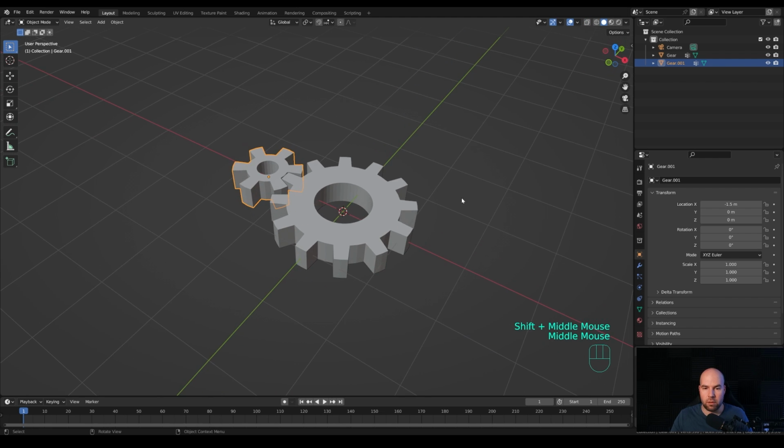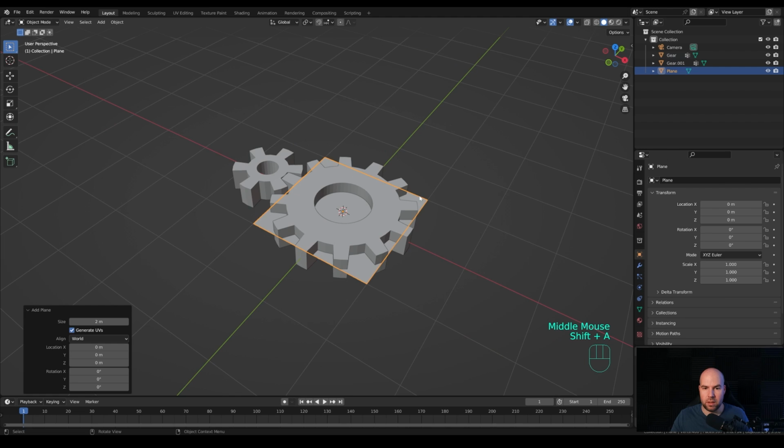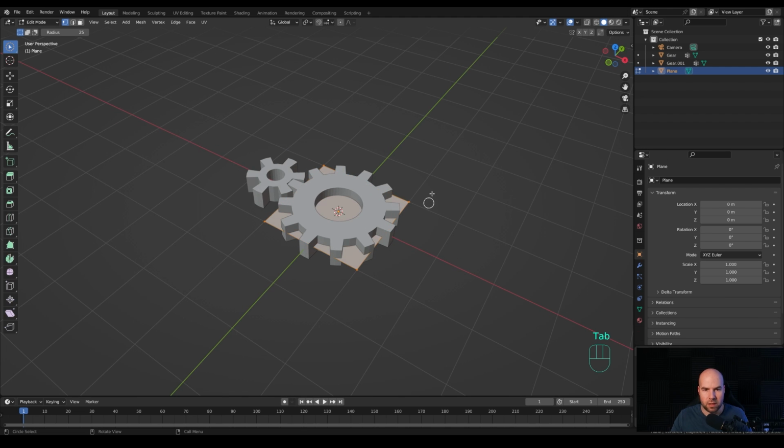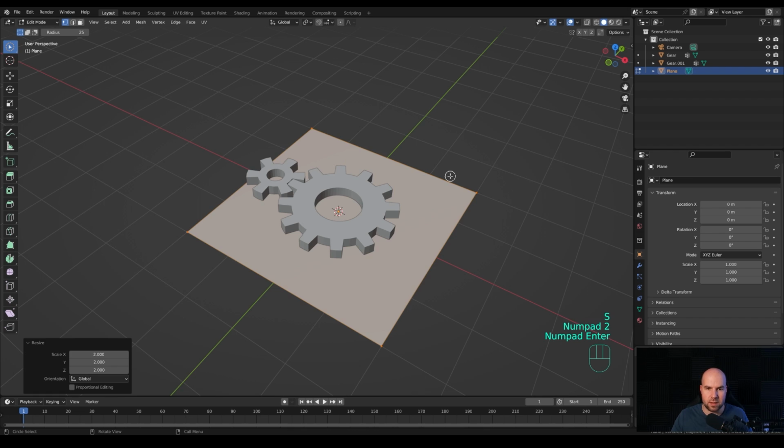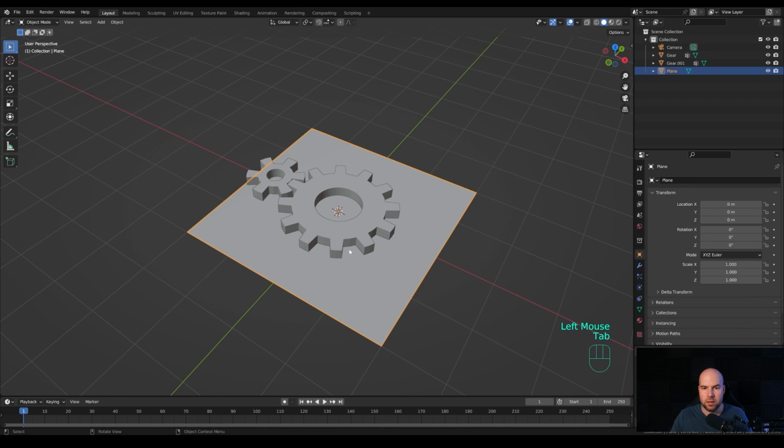And let's create some background. So let's press Shift A and we'll add a plane here. And I want to make this larger. So let's tab into the edit mode. Let's press S and then 2 to make this twice the size and confirm. And I don't want this circle to get in the way. So I will just switch this back to the select box, tab out, and we can now select these gears.